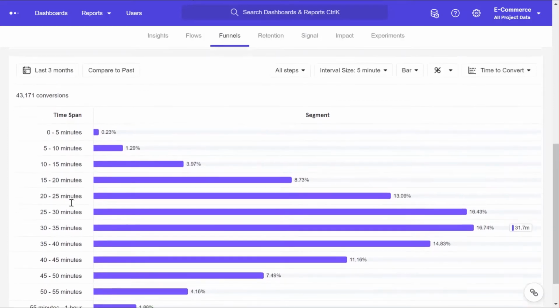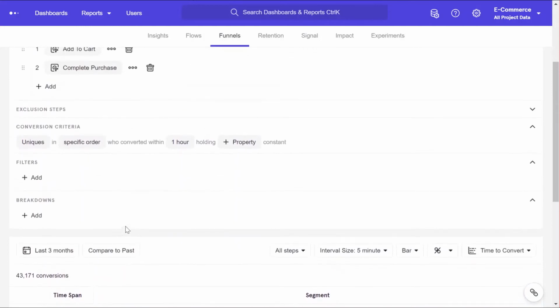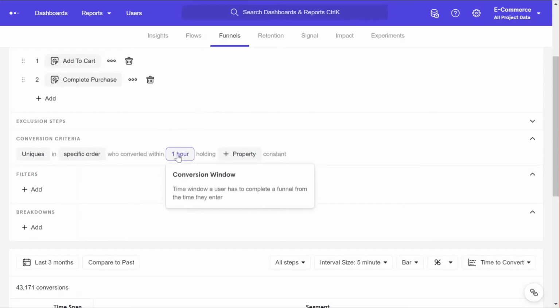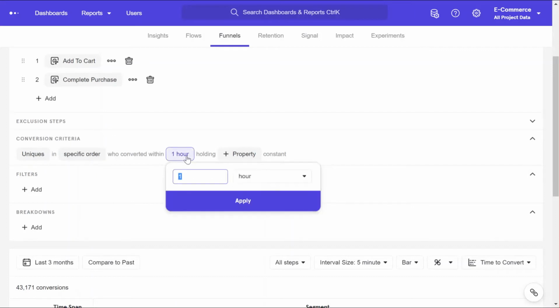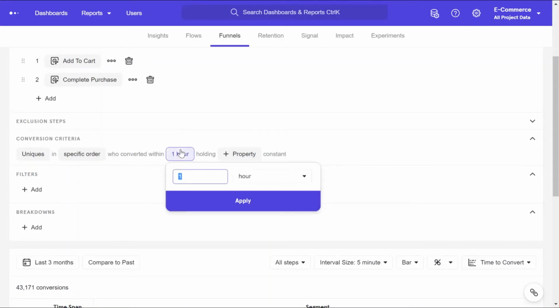Now, there is also an interesting use of this visualization, which we could have used in figuring out the time conversion window that we should have chosen. I chose 1 hour fairly randomly by using my intuition. But ideally, we want to choose a time window by when most people who should have completed the conversion have converted. 30 days we understand is fairly big and does not make sense.